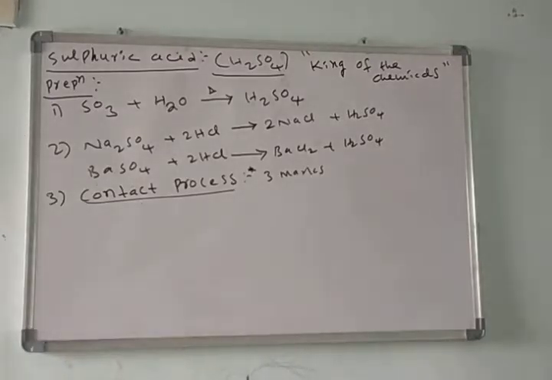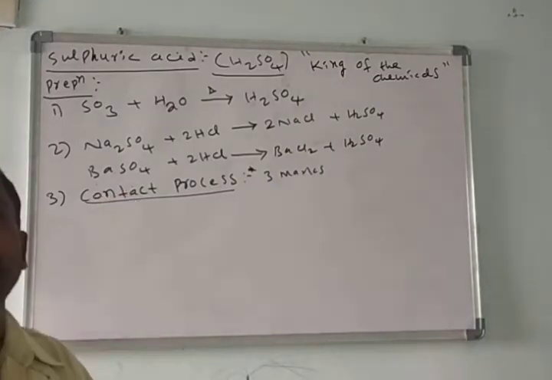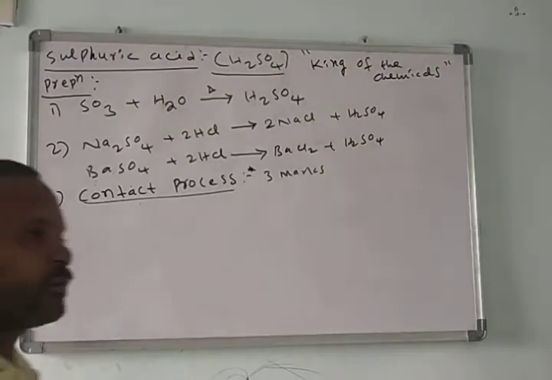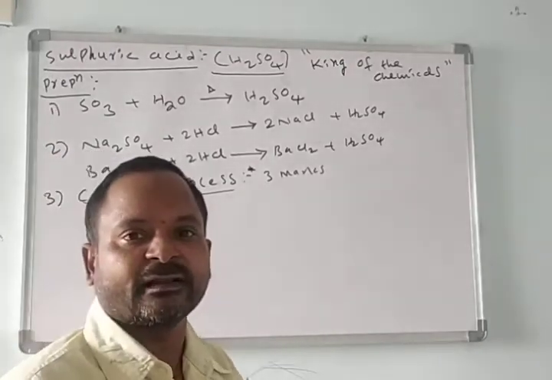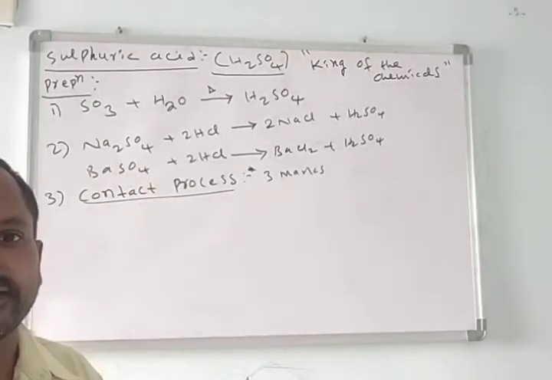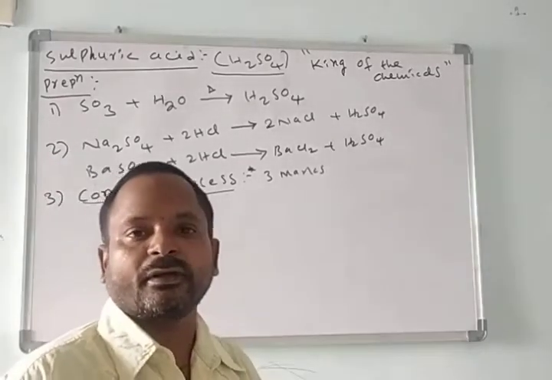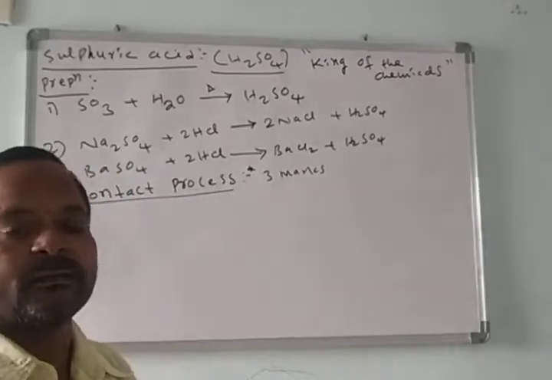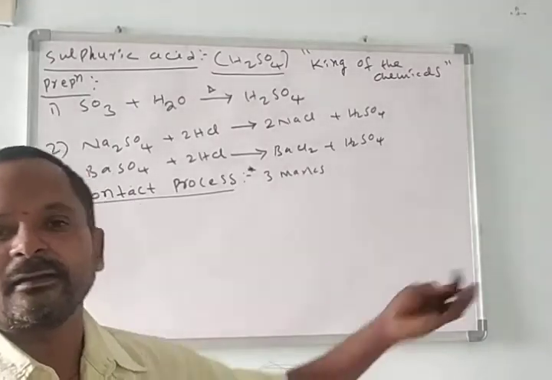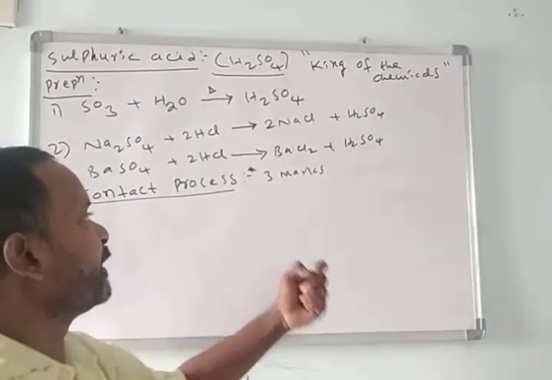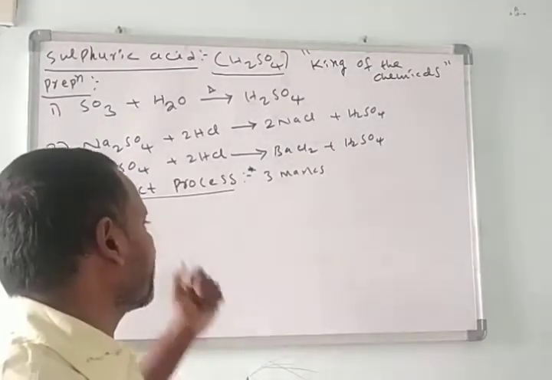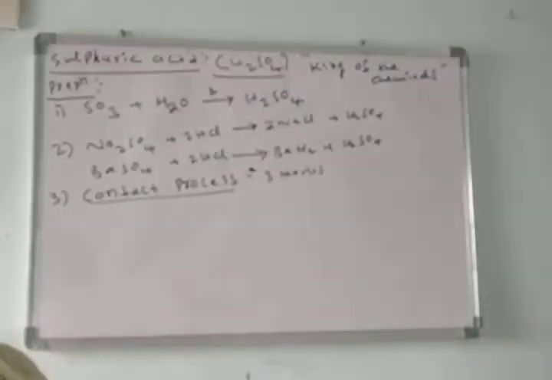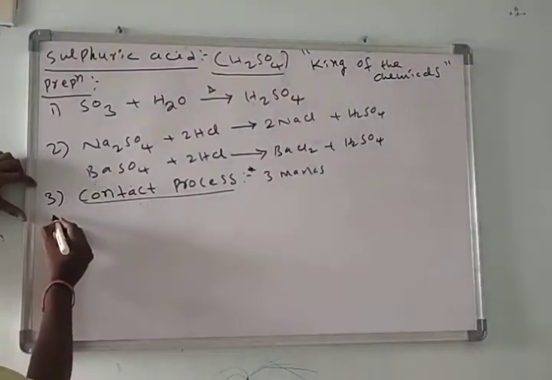Sulfuric acid is prepared by using the contact process from sulfur or sulfide ores. Sulfide ores means iron pyrites, iron sulfide, copper pyrites. So many sulfides are available in the earth's crust. By using those sulfide ores, we will prepare sulfur dioxide and sulfur trioxide. Then, continuing from this, we will prepare sulfuric acid. Here I will prepare sulfuric acid from sulfur. Here we'll see it stepwise.